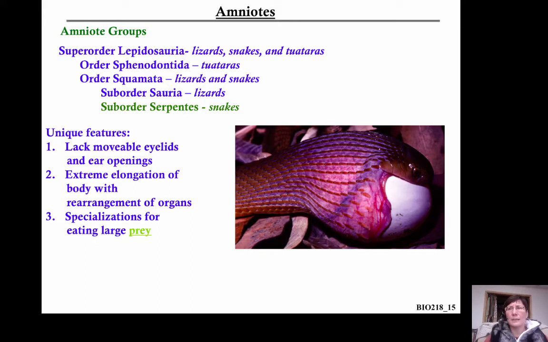Snakes also have a number of really interesting adaptations for consuming prey. So you're talking about an organism that lacks limbs. Although in boas and pythons, you can see the remnants of the pelvic girdle. They have these what are called pelvic spurs that you can see near their cloaca. But for the most part, they lack limbs. And so there are a number of challenges that they exhibit because they lack limbs. So they can't handle their food. They aren't able to grasp anything. And so in this image that I'm showing you, this is one of many